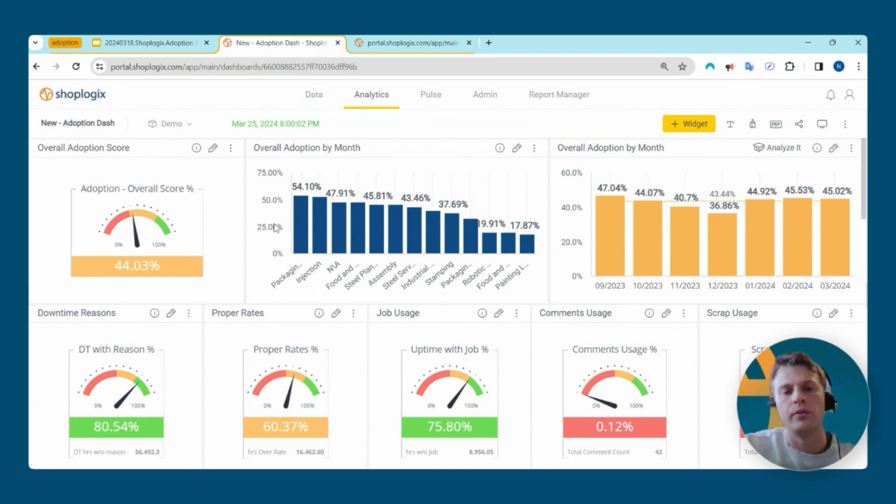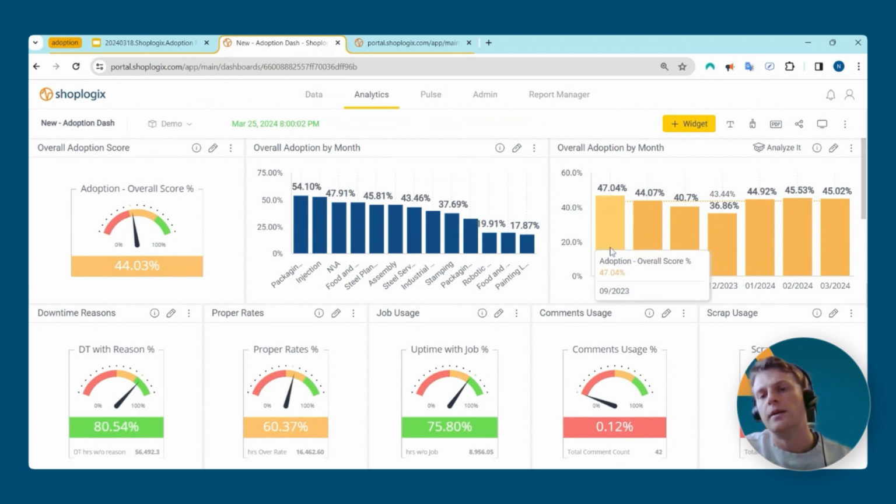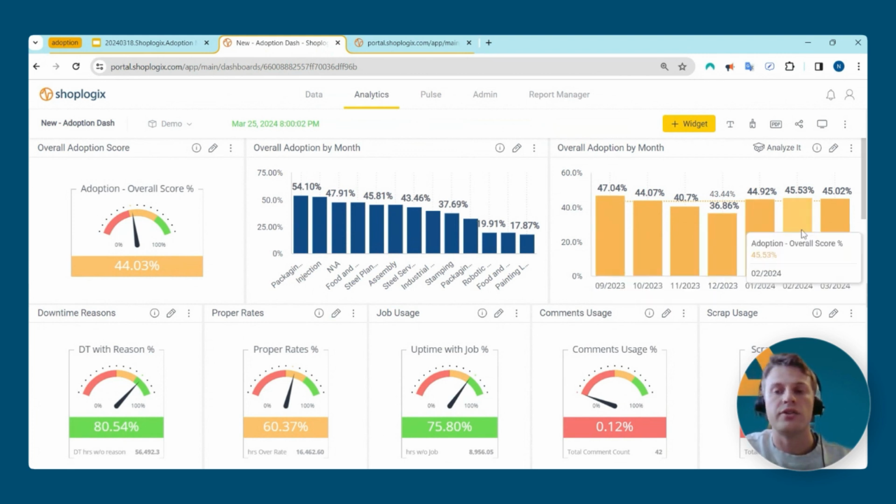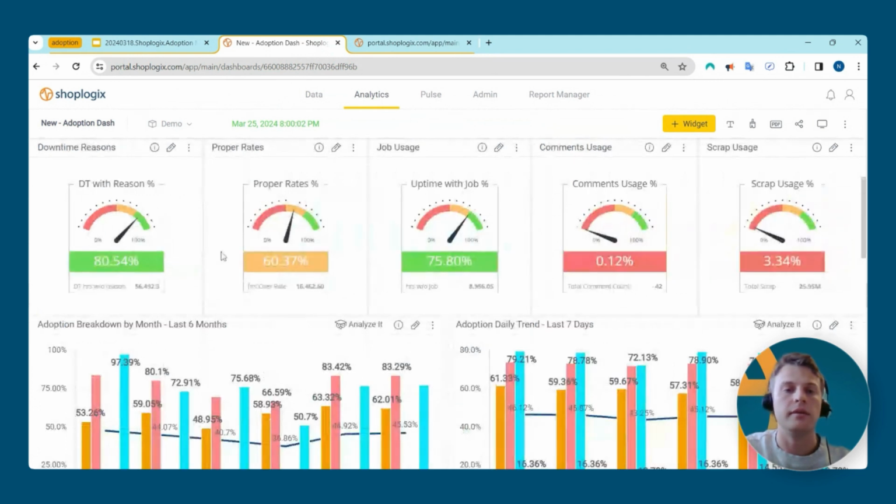You'll notice here we have a widget that looks at the overall adoption by plant. So it breaks out your individual adoption for each one of your plants. We have the adoption by month as well, showing how that adoption trends over time. And then you'll notice each of these sub-metrics has its own gauge as well, along with some supplementary information